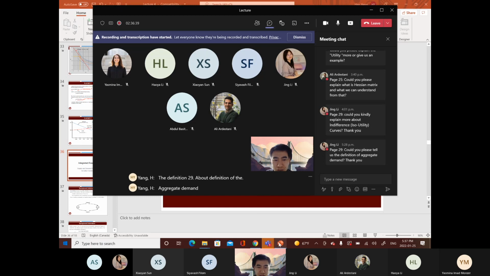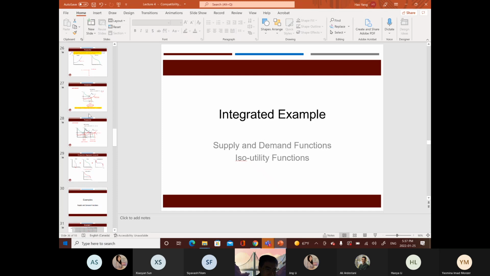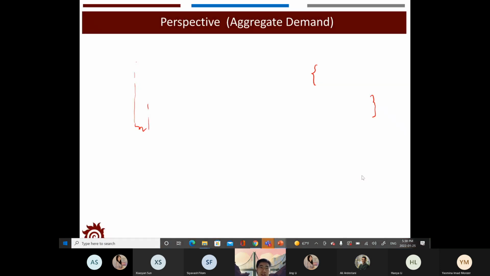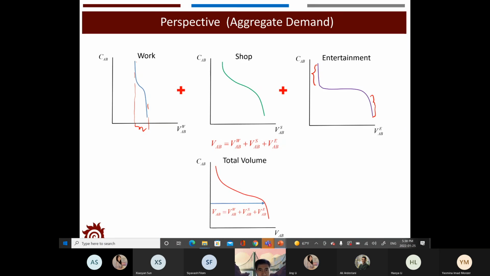Okay, so on 29, I guess you are talking about the demand here. So the aggregate demand here will represent the total demand from the city. If I'm talking about aggregate, it means the total number of trips or the total number of volumes from